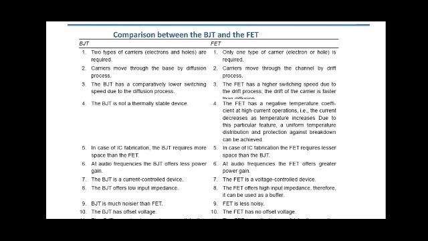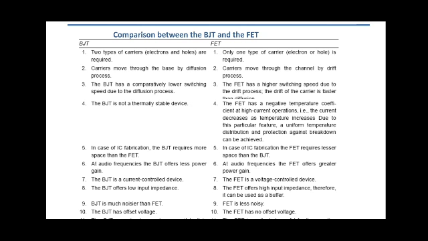Okay, so if you are changing from 0 to 1 and after some 30 seconds the output changes, that is the switching speed. So the switching speed is 30 seconds. If it takes only 10 seconds, the switching speed is more. Okay, so in BJT the switching speed is less.